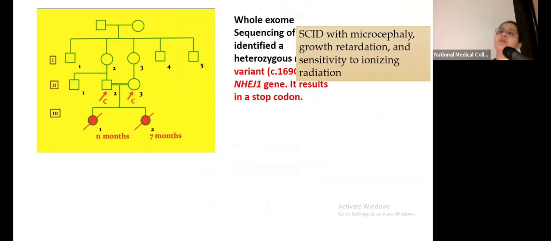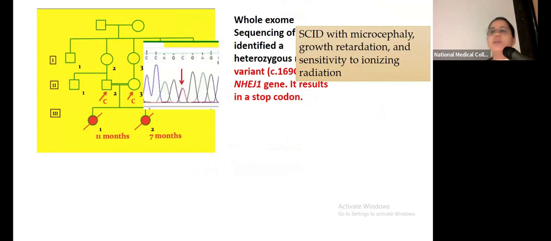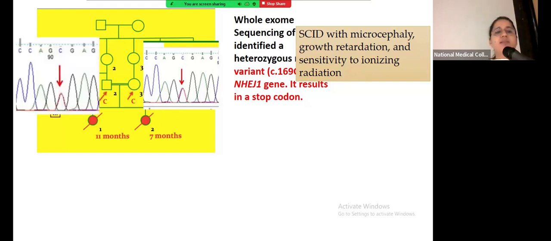So to confirm whether this variant is actually present in the mother, we go for the gold standard of sequencing, that is the Sanger sequencing. We designed the primers. We found out that the mother is actually heterozygous. So we can see here two peaks, and these two peaks indicate that the person is heterozygous for that particular variant. To find out whether the husband is carrying the same variant, we Sanger sequenced the husband, and he was found to be heterozygous for the same variant.